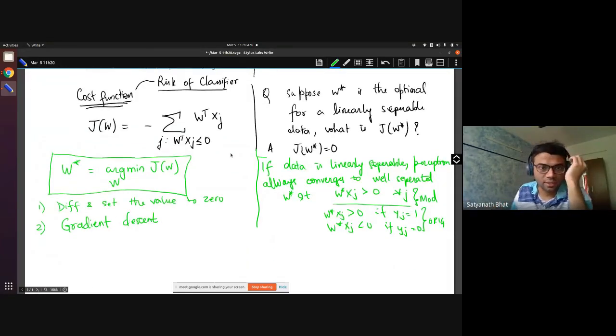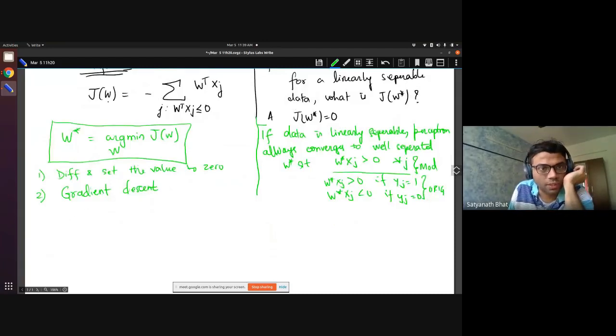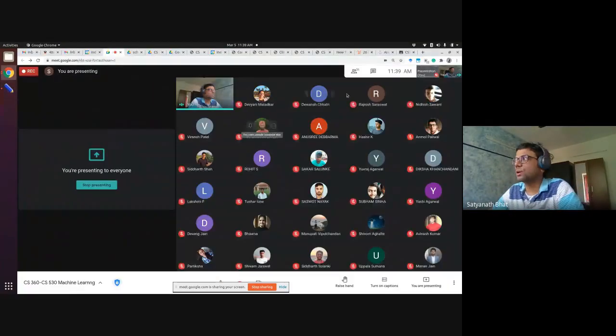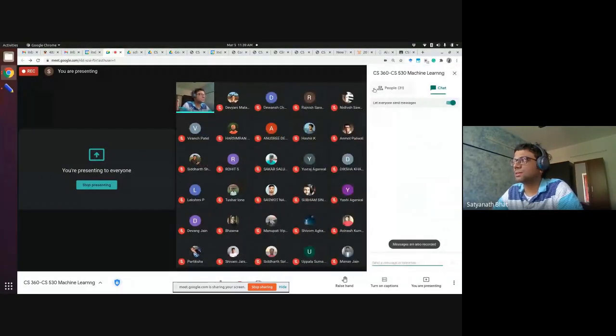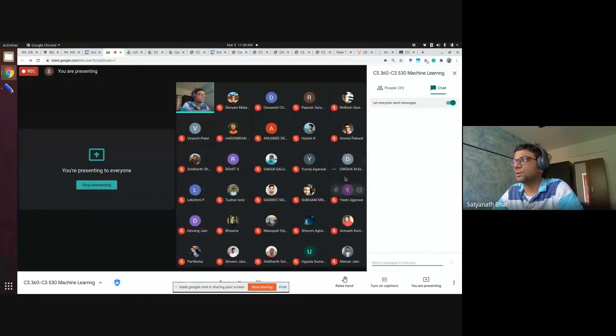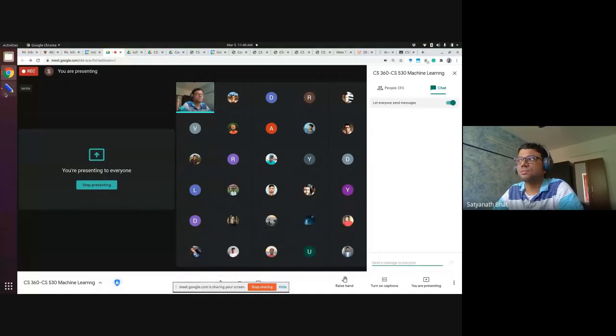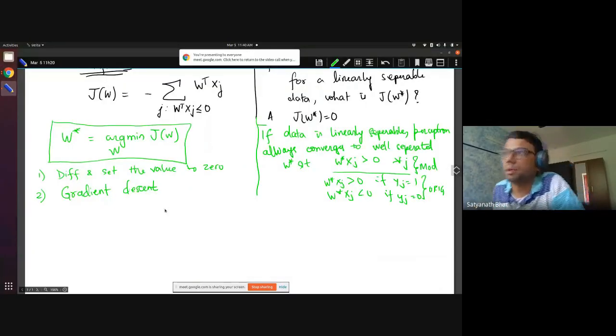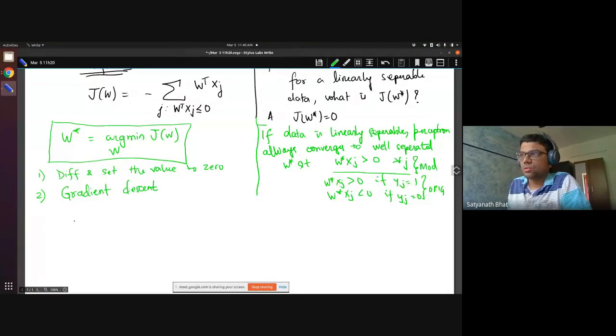In gradient descent, the next step we need to do is basically take the gradient of this function. Let me first ask, is there anybody in the class who is not doing the optimization course? Yes, sir. Okay, Diksha. Anybody else? I am also not doing. Okay, I see. All right, for the sake of this, let us try to explain a little bit more. When you have a gradient, Shivam and Diksha, are you familiar with the gradient of a function? What it means?